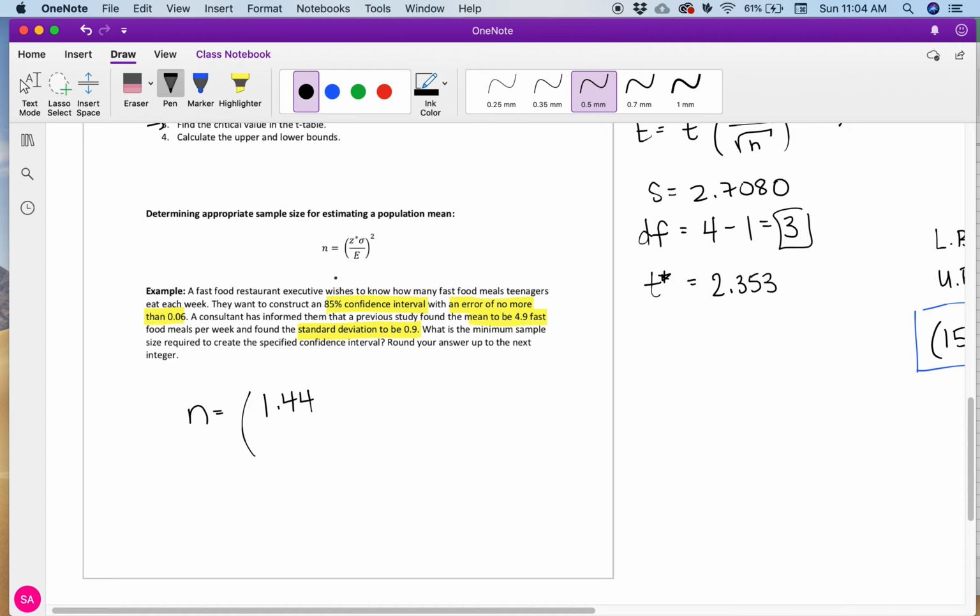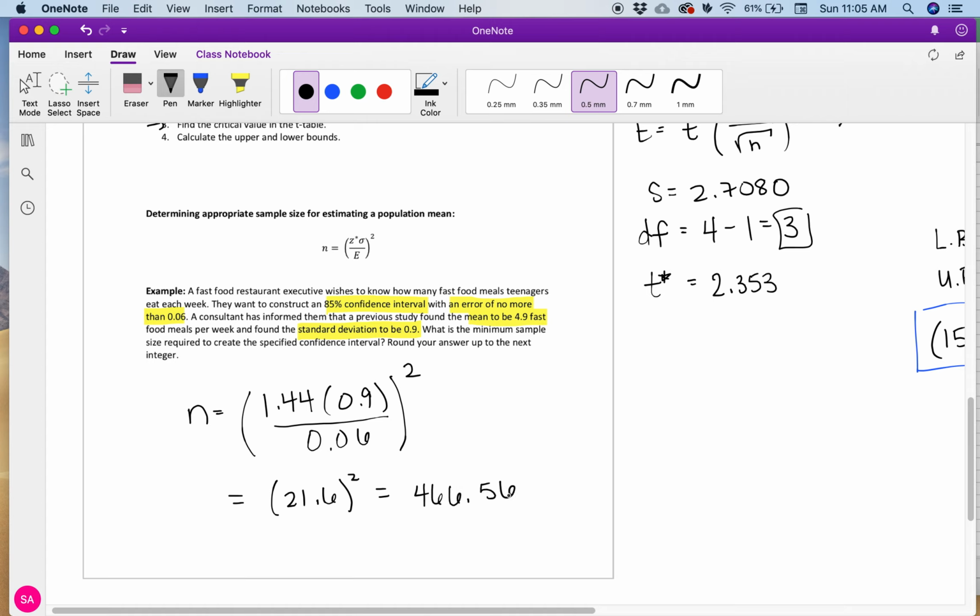We just looked that up in that little table of values. Times sigma, the population standard deviation, 0.9. Divide that by E, which is what they're giving us here, an error of no more than 0.06. So our error is 0.06. And then we square that value. I'll go ahead and do it in steps. I get 21.6 on the inside, and then square that,